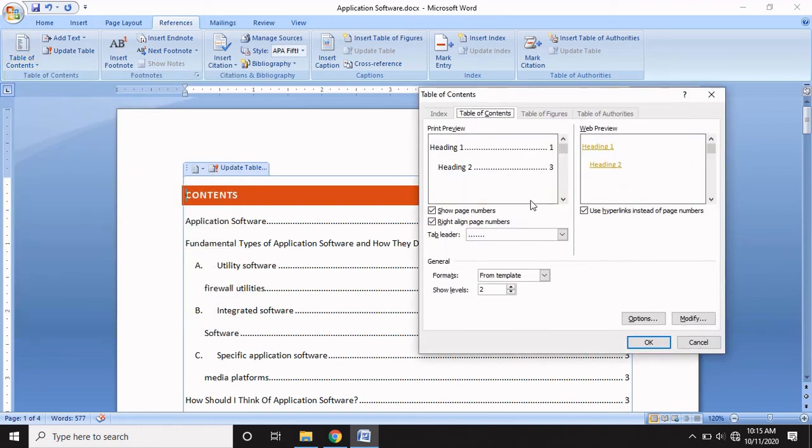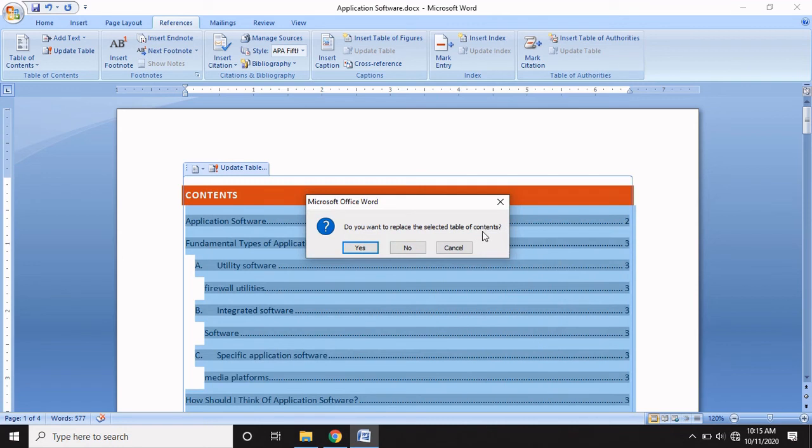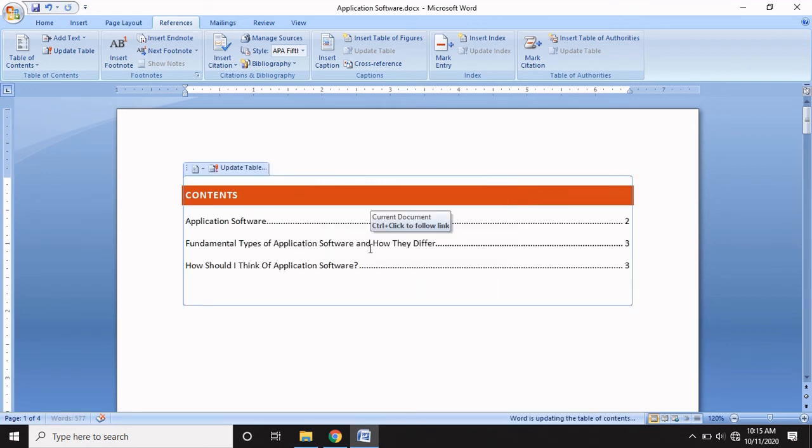Okay, now again I would like that it just shows heading level 1 and not 2. Just show level 1, click on show level 1 and press OK. Do you want to replace the selected table of contents? Yes, I would like to. Now it will appear like this. Okay, so it depends upon you. It is your choice how you would like to show your table of contents, and in this way